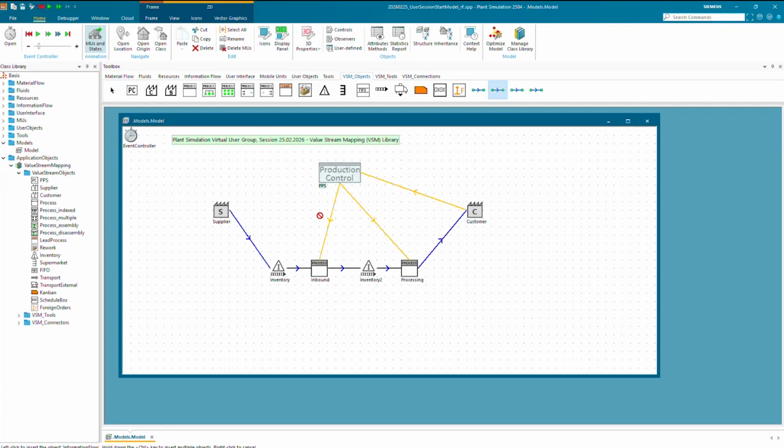The last connection necessary here would be between the PPS and the supplier. That would be a special connection, because this indicates the calculation of orders for the supplier, how many parts the supplier should provide depending on the demand of the customer. So if the customer has, for example, 2,000 parts per day or 1,000 parts per day, then depending on the horizon and the parameters, the supplier should provide all necessary parts for that as an integrated source based on orders.